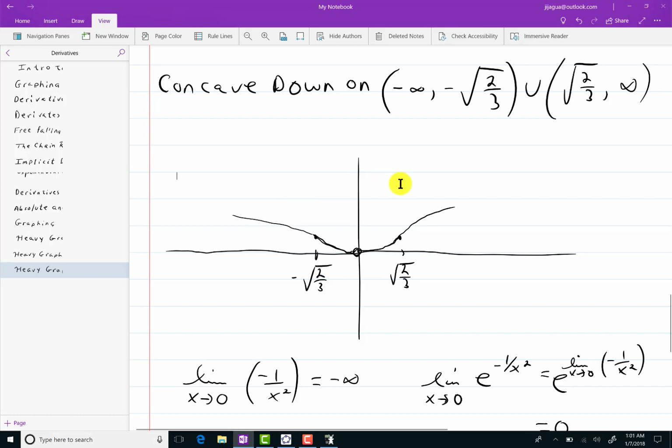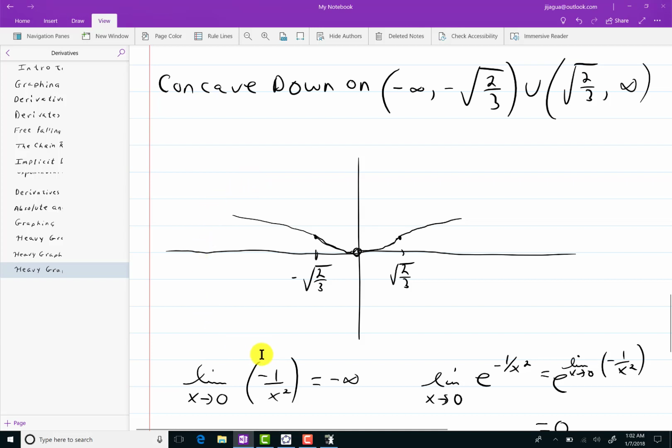Remember, it's an even function, so it should look the same on both sides. I'm going to see if I can even this one out a little bit and make it look a little better, or at least a little closer to the one on the right. So I'm guessing on something like this. Now,